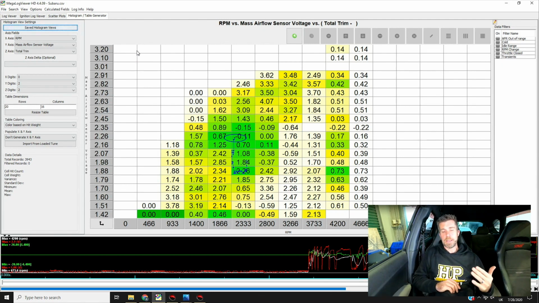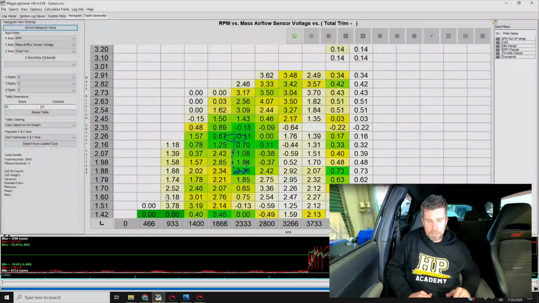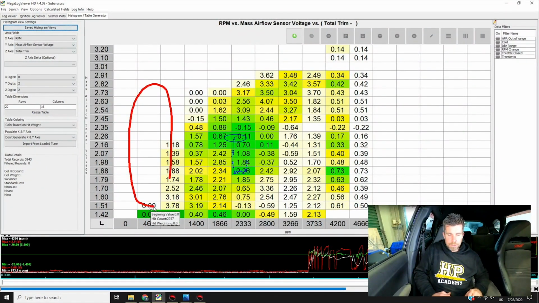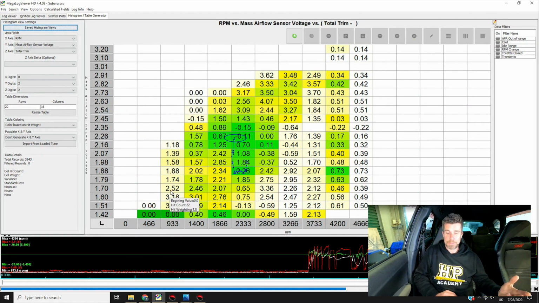The last topic to mention here is that often you're going to be in that situation where gear changes or getting completely off the throttle is unavoidable. Now, in that situation, you're going to be generating data that is essentially garbage, and it can really skew your values, particularly, for example, if you get completely off the throttle, the ECU is going to go into overrun fuel cut. So the measured air fuel ratio is going to be incredibly lean, and what that'll mean is down here, particularly at low RPM or MAT values, you will end up with some really, really large errors, maybe as much as 70 to 90%. Now, that's not to say that that is actually a problem.